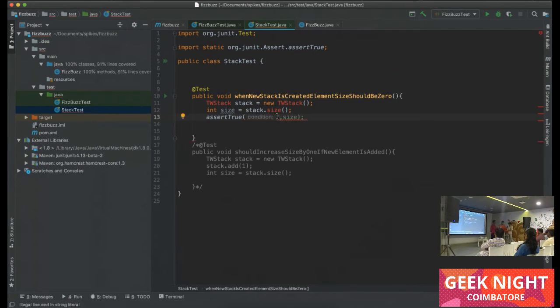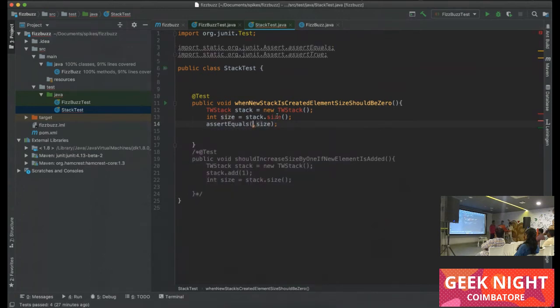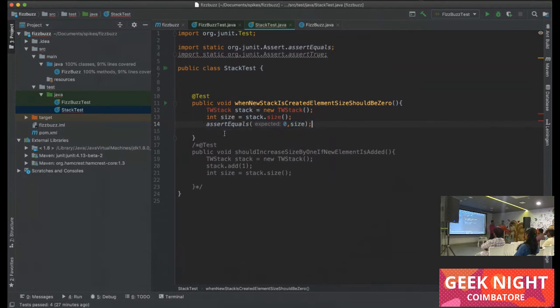We need to give assertEquals. Now we are done with the tests. I will implement the code for it.